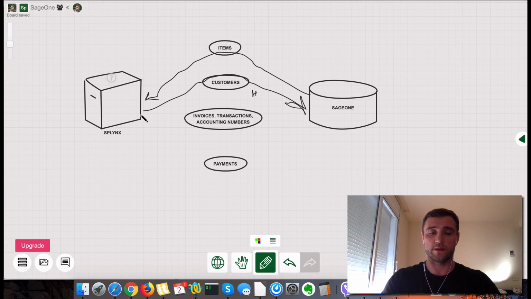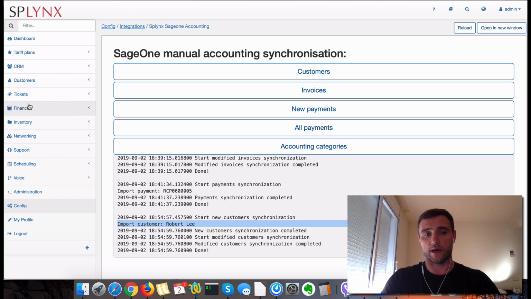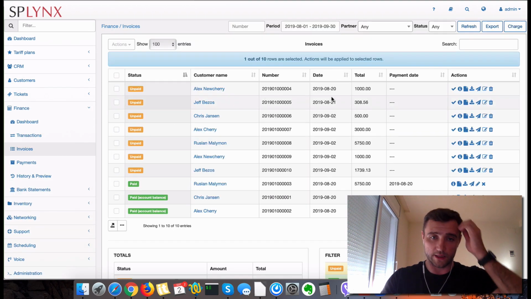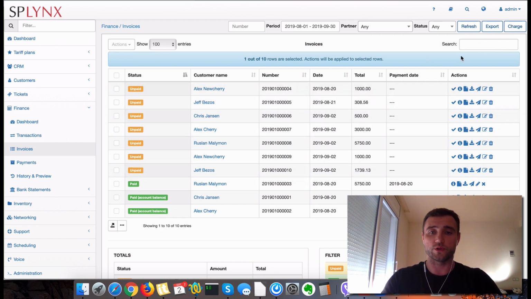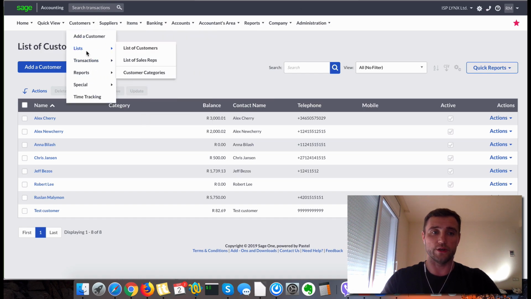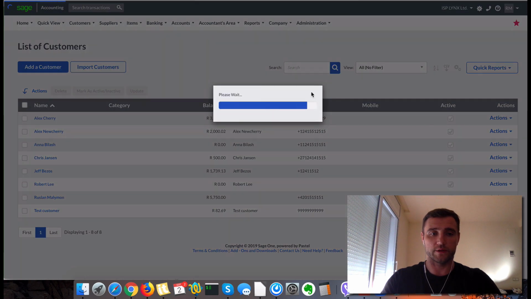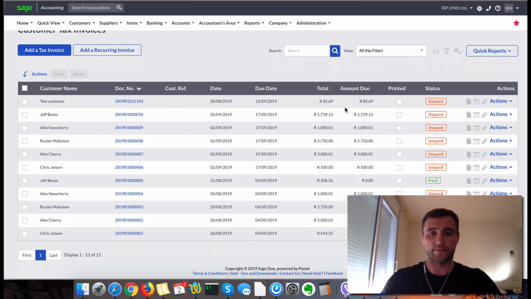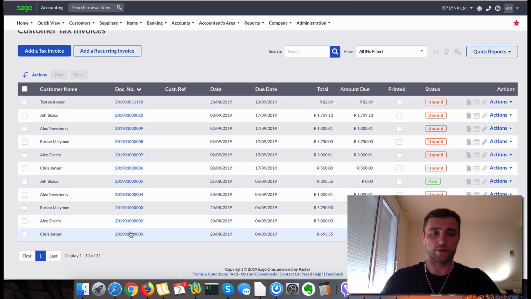Okay, so that's the first integration. The second one is when we create invoices and all these transactions, we move them also to SageOne with correct accounting numbers. This is very important, and that's why we synchronize the items. How is this done? I can go to my invoices, and you can see that plenty of invoices were created. I can check if these invoices were already pushed to the accounting platform or not. I can go to customers, transactions, and customer tax invoices, and it will show me exactly the same number of invoices as you can see here,